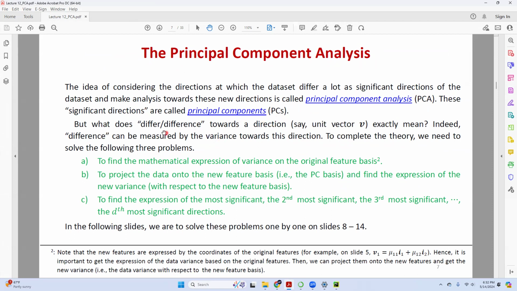Okay, but again, what does difference really mean? We can, like I just mentioned, use variance, right? But here we can list 3 questions. First of all, find the mathematical expression of variance on the original feature basis. This variance should be what? Based on the distribution of X, based on your given training data, on the coordinate of your original features,